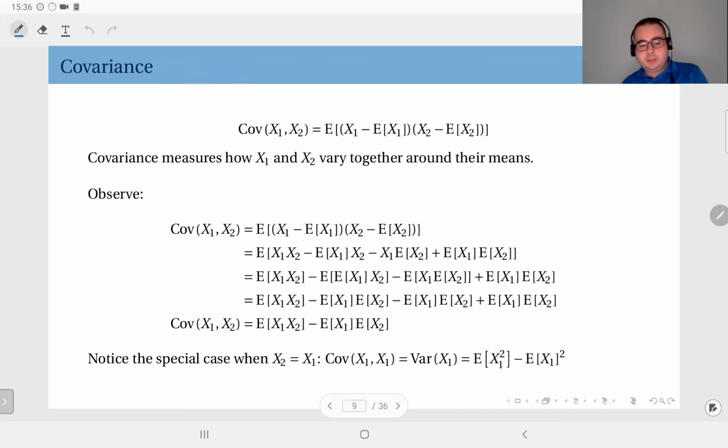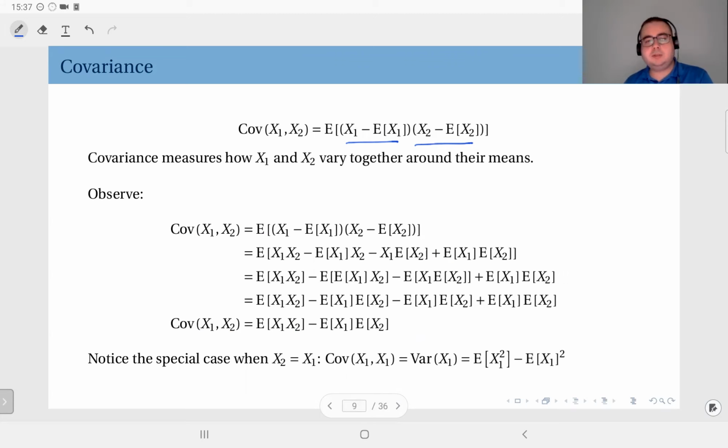Okay, so regarding two random variables, the joint central moment of order one-one is the covariance. So that is equal to the j equals 1, k equals 1 case of joint central moments: the expected value of the product of x1 minus its mean and x2 minus its mean. So this is a much more